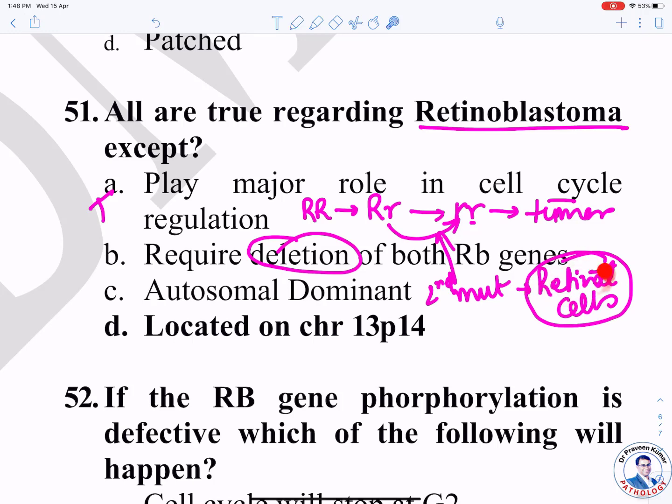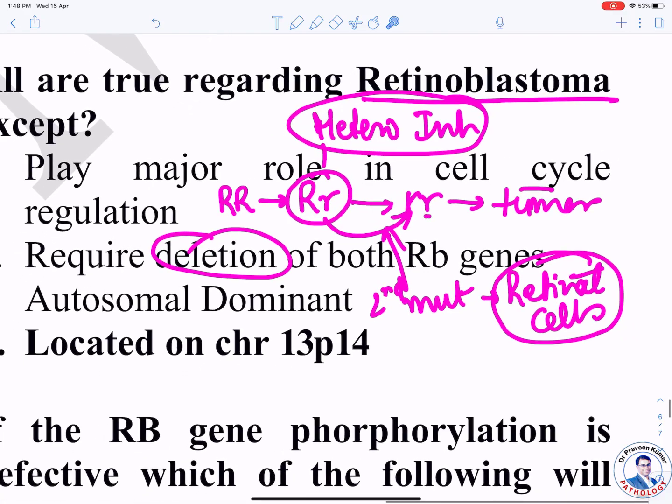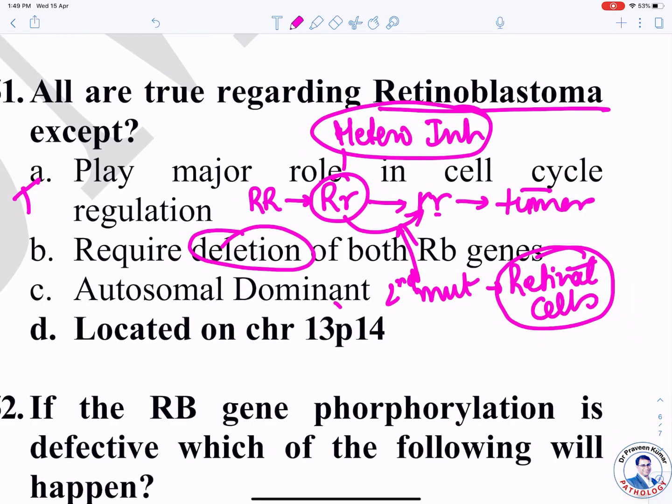Because it occurs only in retinal cells, the person still has a heterozygous inheritance. Please understand that entire zygote is still in the heterozygous form, and therefore it is autosomal dominant. Even though disease occurs when both the genes have got mutated, still it is autosomal dominant. And if you don't know this theory, it is well and good, because the question is very simple. It's not 13P, it's definitely 13Q. The answer straight away is D. So sometimes you get an answer by excluding the fact, not including the answers.